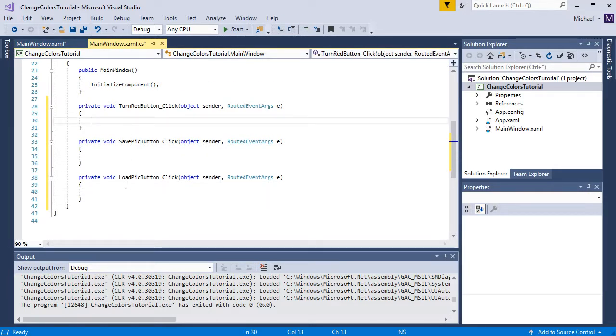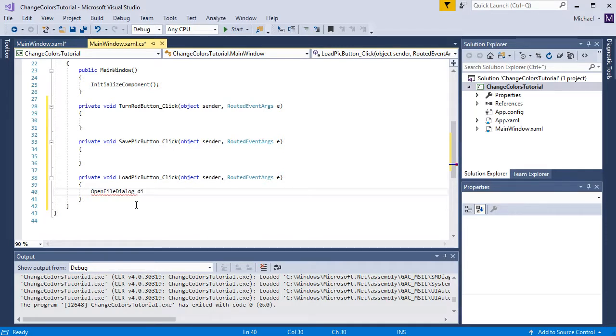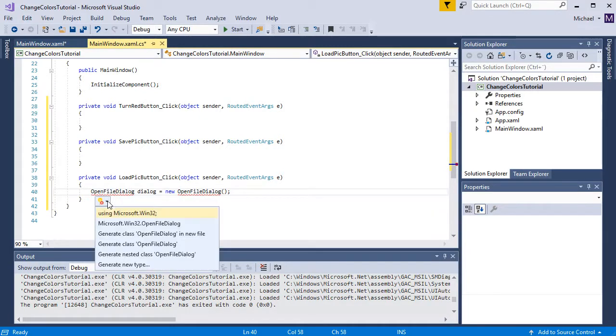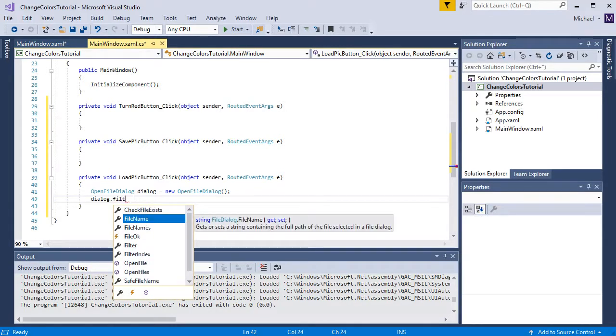And we'll go to turn red, and we'll start out by loading a picture. So what you will need is an open file dialog, and since I'm not using anything, call it dialog, and call it new open dialog, and just hover over this with the mouse and start using Win32 here. And we need to filter this dialog before it opens up. So dialog filter equals to, and this is a string that will have